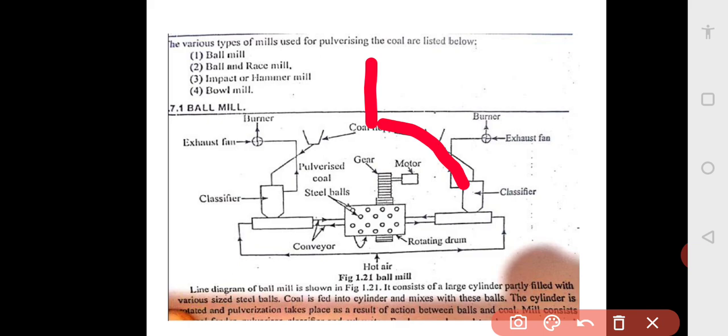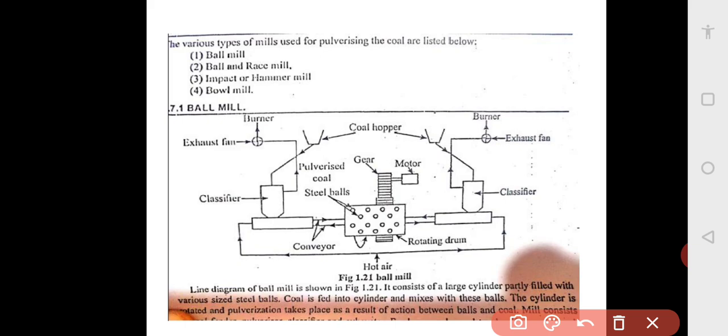The classifier will classify whether it is pulverized coal or lump coal, because both will be there. From the classifier it will come through the conveyor to the drum. This is the drum, and this drum is rotated by a gear and motor arrangement. Now you can see what happens. The coal comes from the hopper, goes to the classifier, and by the screw conveyor it comes to the